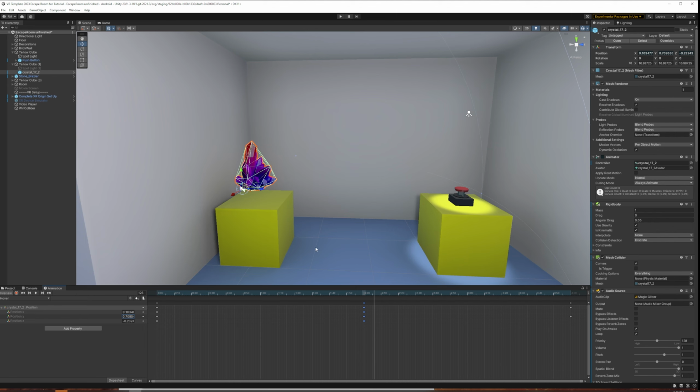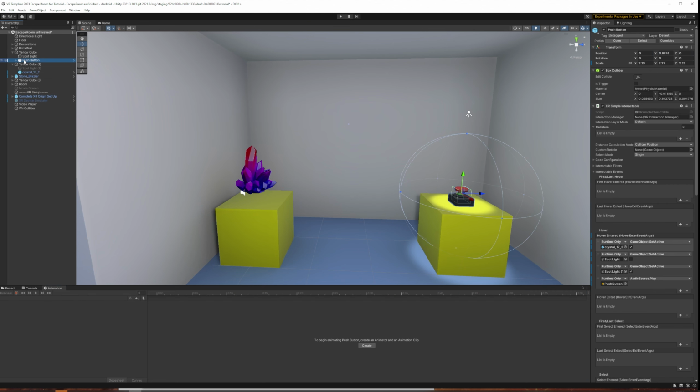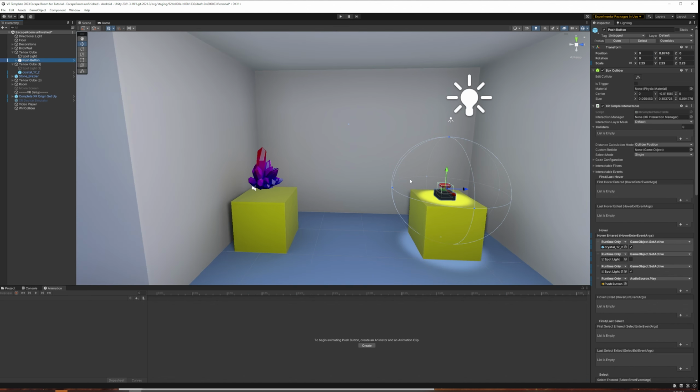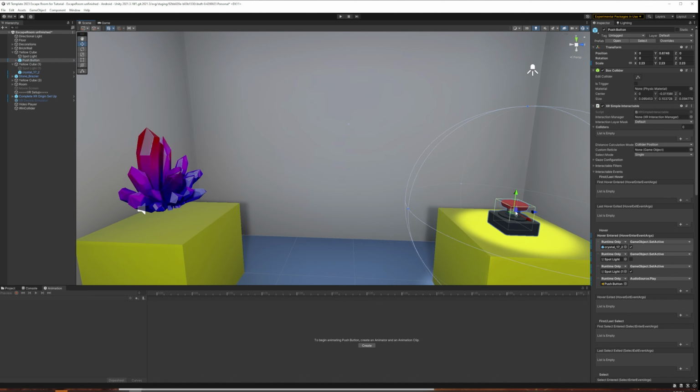The trick now is that we could potentially trigger this animation through some of the interactions that we're already used to. So up until now, what we've been doing in our game is when we press this button, it makes this crystal appear. But maybe that's not what I want. Maybe I want the crystal to always be active, always be visible, but when I press the button, it starts animating, let's just say. So in that case, in our hover entered here, instead of crystal game object set active,